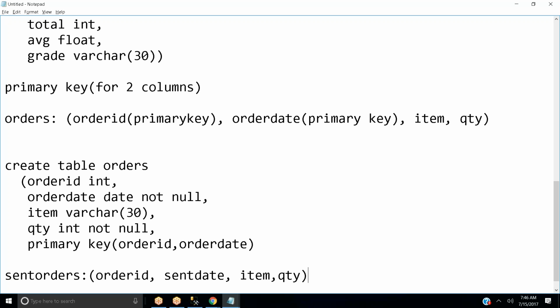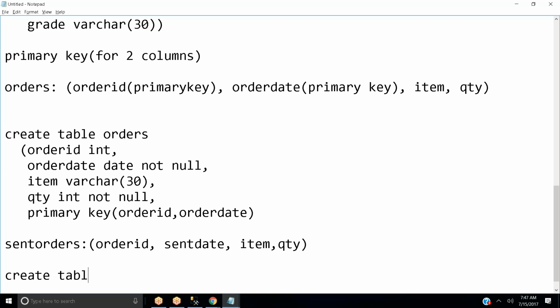But here I want to specify order ID as well as sent date as my primary keys, and it has to refer to the primary key columns order ID and order date. So how are you going to define your table?